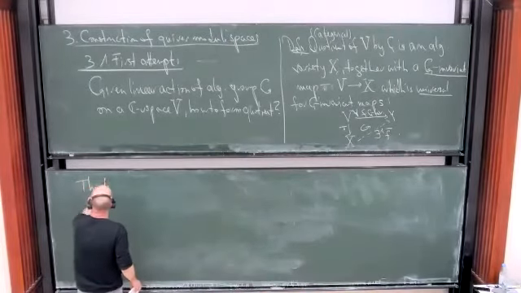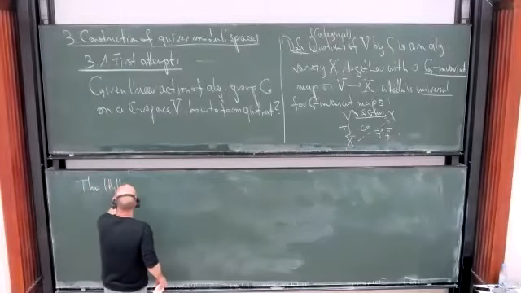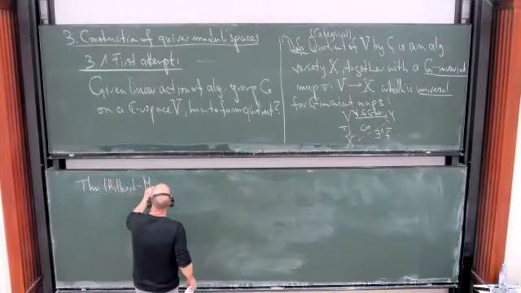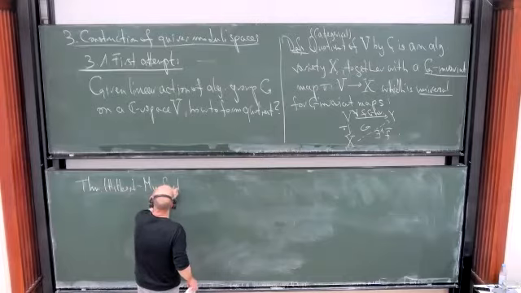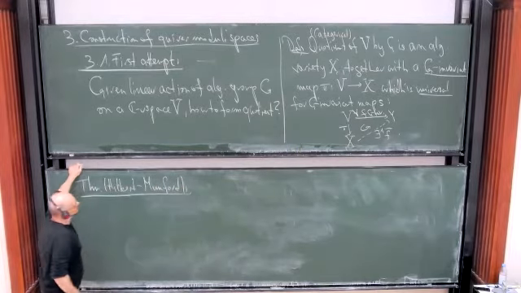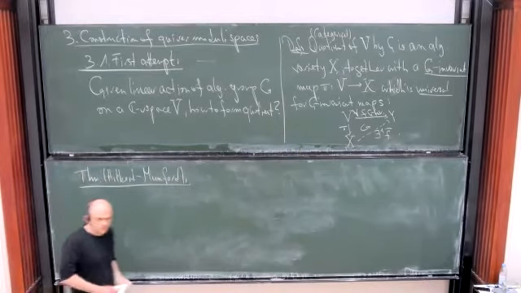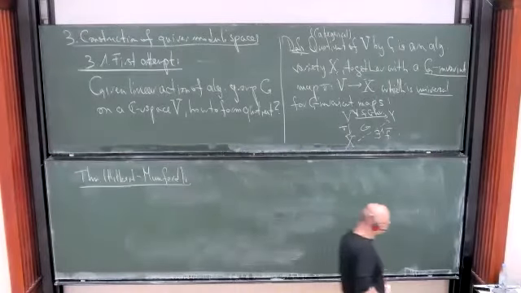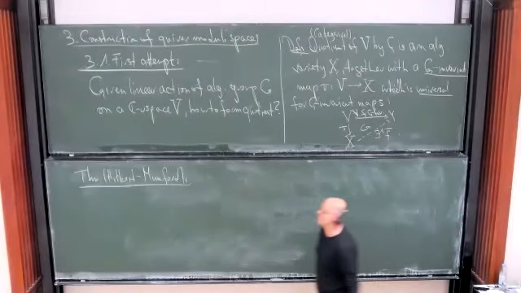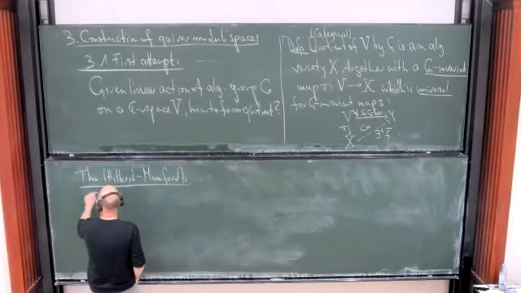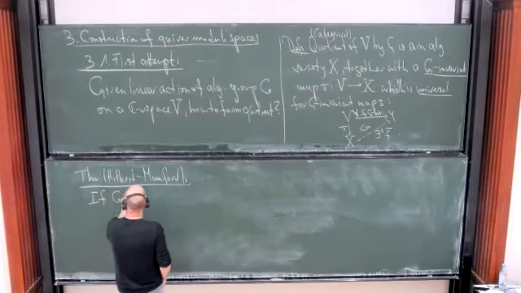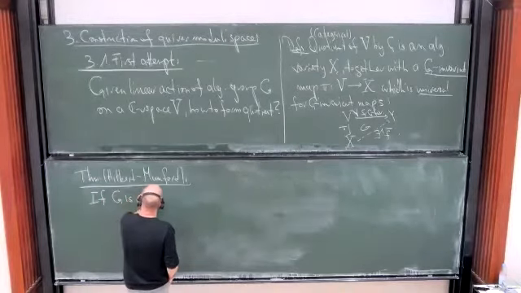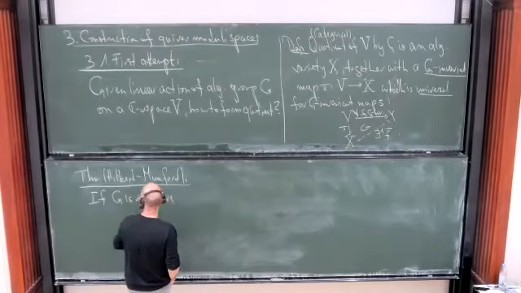So theorem, Hilbert-Mumford. You need to assume one structural property about your group. It should be a reductive group. If G is reductive, linearly reductive,